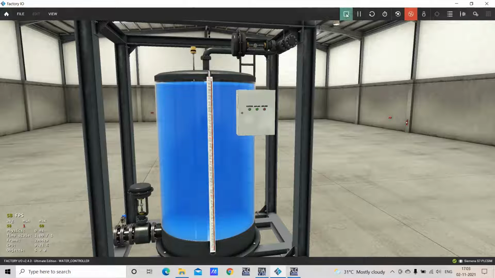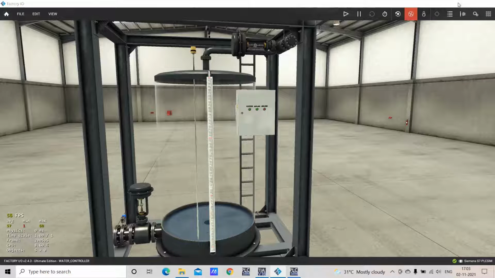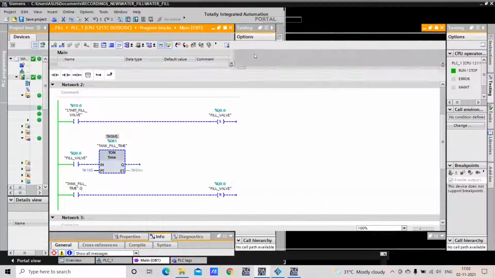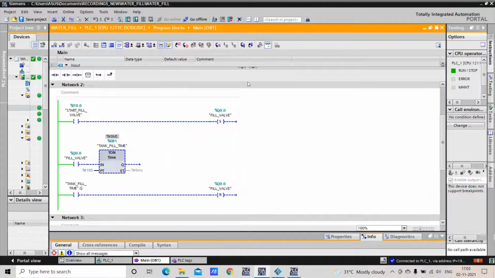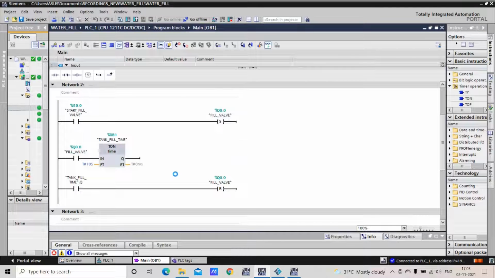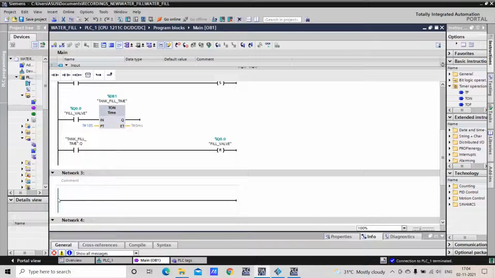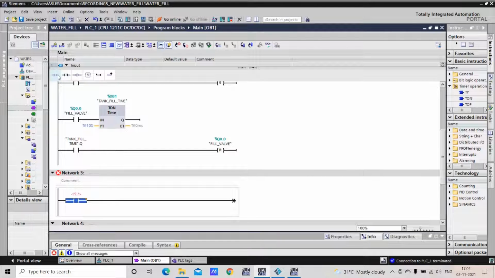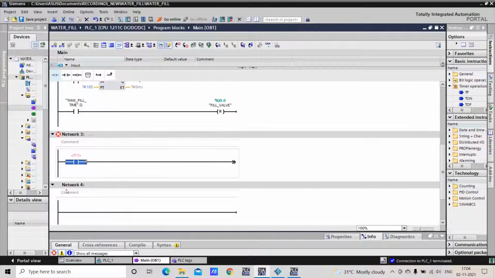Okay, now I need to modify the program for discharging also. So again I will go back to the program in offline mode and I will edit the program. So filling water for 10 seconds, that is done. Now I will change the program for discharging.